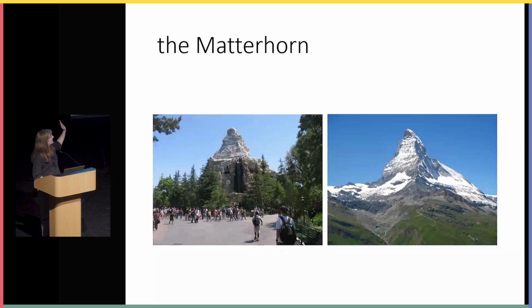But if you actually go around the other side of the Matterhorn at Disneyland, it makes the Matterhorn that tilts the wrong way. But if you go around to the other face of the real Matterhorn, it makes a totally different shape. It's sort of not an interesting point with these photos, but